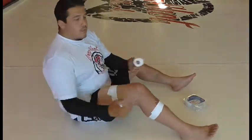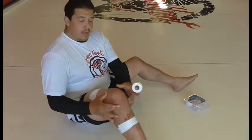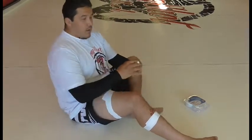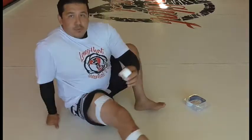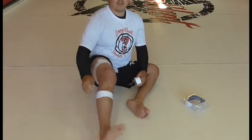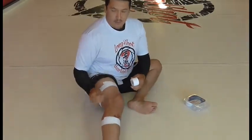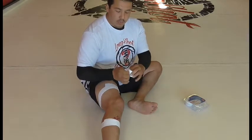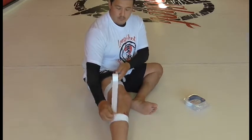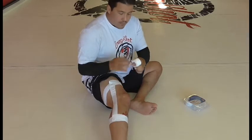Now, when we're taping a knee, we want to leave the kneecap and the hamstring exposed, the back of the knee. So I'm going to keep my leg as straight as possible here, and I'll turn my toes slightly to the side, exposing the side of my knee. So I angle off to the side, and now I'm going to crisscross from each anchor, starting with just a straight line here, from each anchor,